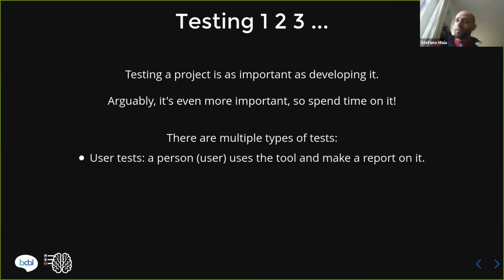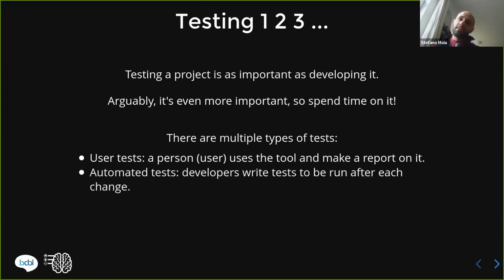One type of test is user testing. Normally a person, that can be the user or even the developer, uses the tool with the latest changes that they did and makes a report on that tool. So they can check that everything worked out, they can check if there's something else to do or something to improve. And that's a very nice way to help projects, actually. So if you're thinking about helping a project out or helping a developer out, but you're not acquainted with code, just using the tools and making a report, it's a great way to help out.